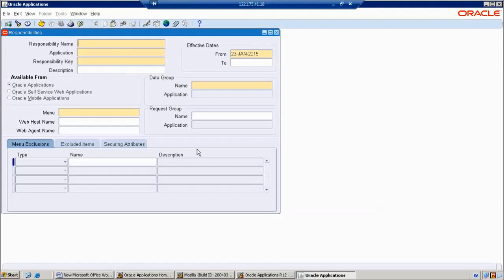As per this requirement I need responsibility number as well as responsibility name. That is the reason I want to use the FND responsibility TL table. TL means translation language table. Suppose our client has multiple languages, at that time we use that table.